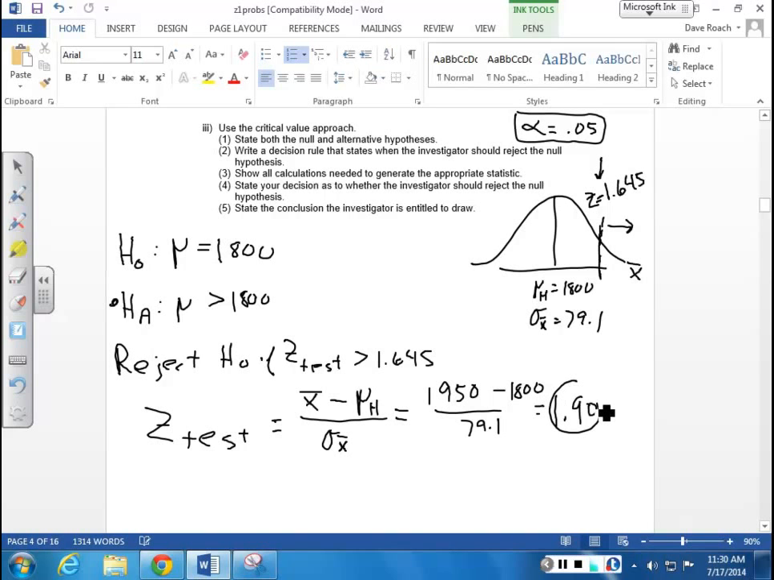Since this is 1.9, that means that the value that we observed, this is the X bar that we actually observed, is 1.9 standard errors above the mean. We said we would reject if we were more than 1.645 standard errors above the mean. We're 1.9 standard errors away from the mean. Therefore, we will reject H0, and we will conclude that the population mean